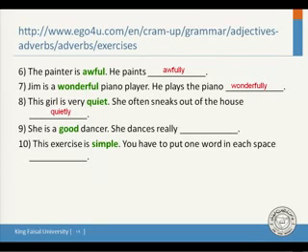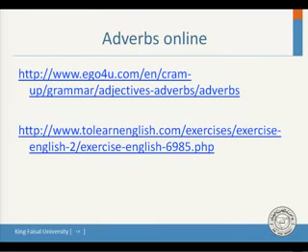Number 9, she's a good dancer. She dances really well. Notice, good is an adjective. The adverb is well. We don't say goodly. There is no word in English like that. Good, well. This exercise is simple. You have to put one word in each space. Simply. Okay? Here are 2 more web addresses about adverbs, and you can do some exercises there and learn